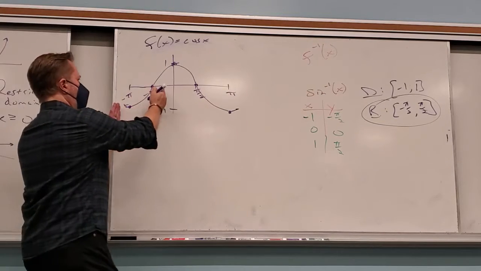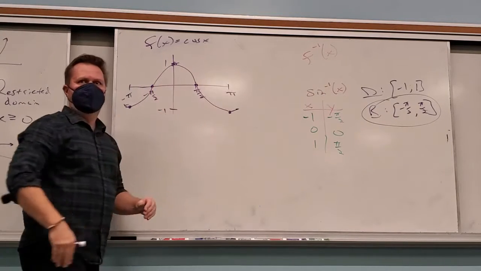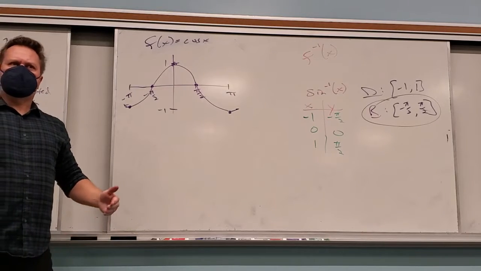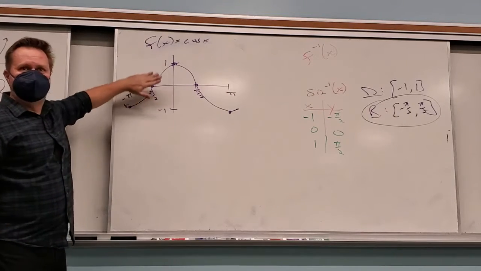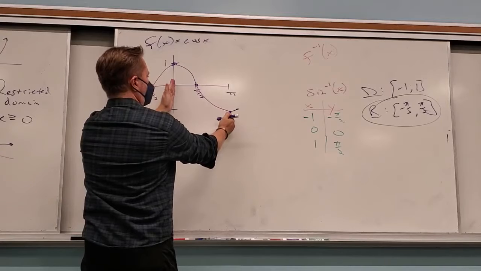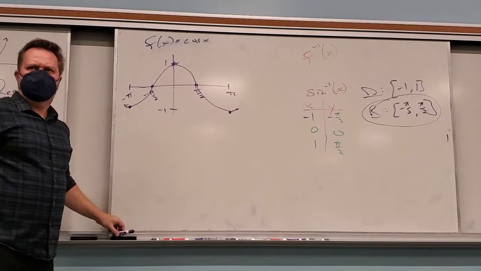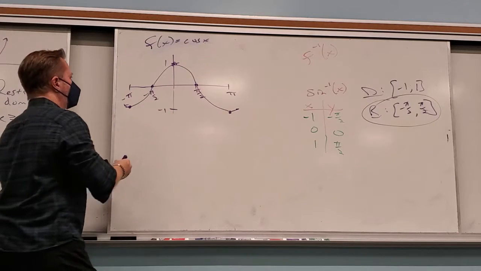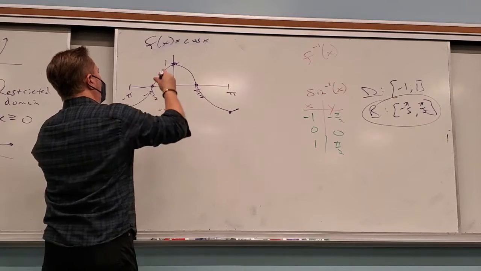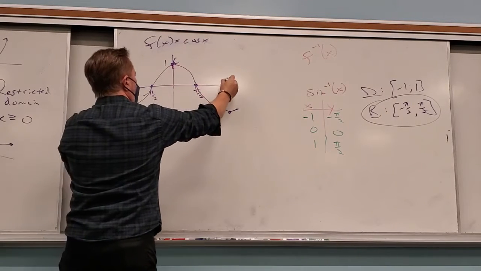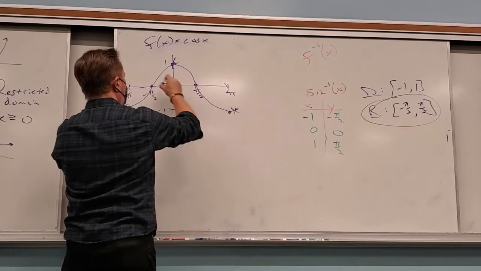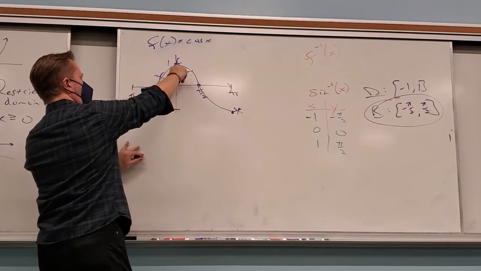Do you see how back here is a complete reflection of this one? So does it make sense to erase this part and only do this part? So if we restrict our domain to only be between those, this to this,